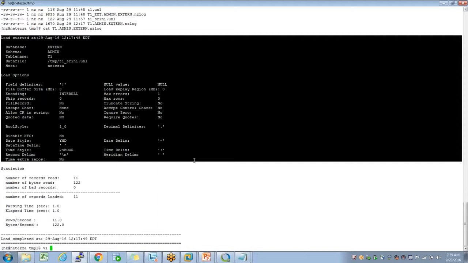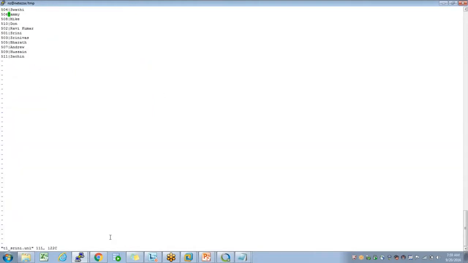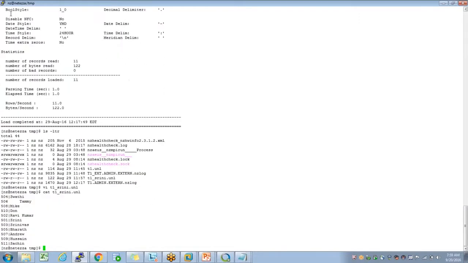Now let me open the same UNL file and let me create some bad data. Here my second record has a bad record, so there is no pipe symbol. Now let me try to load the same data here. If I'm trying to run the same ngload operation,